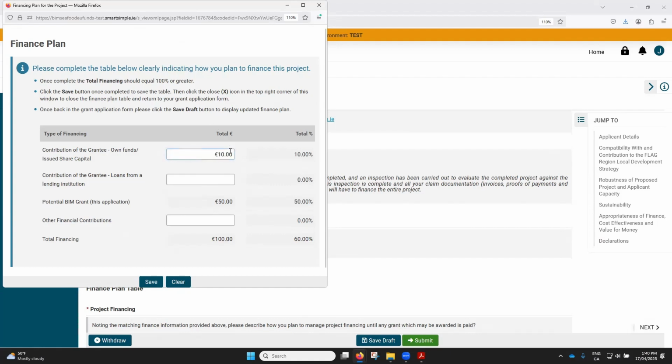So let's say I'm contributing €10 myself. I have a loan then of, let's say, €40, and that gets me up to 100%, and I don't need to give anything else. But let's say I also did have other financial contributions, so €20. This will bring me to 120% funding, which is fine. It doesn't matter if I go over 100%. The point is that I must reach the 100% to show, look, I'm able to fund this project using the grant from BIM, and then I'm contributing from a bank loan or anything else as well. Okay. Once I'm ready there, I can just hit the save button,